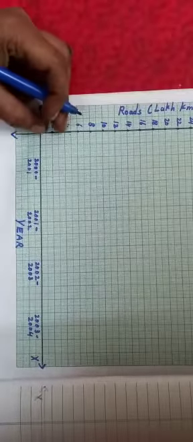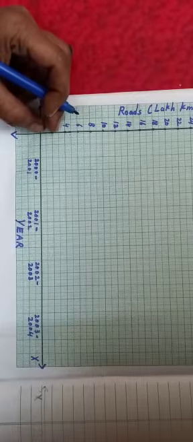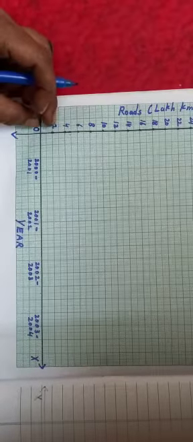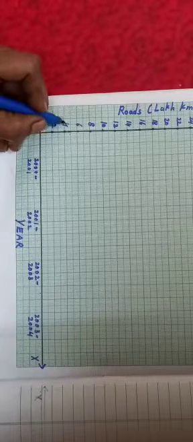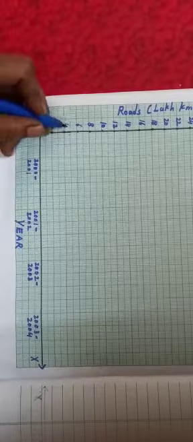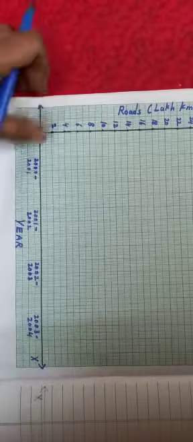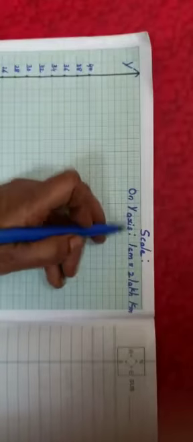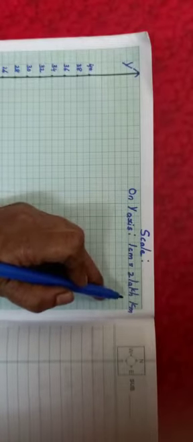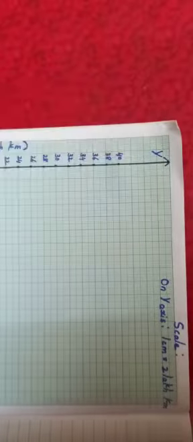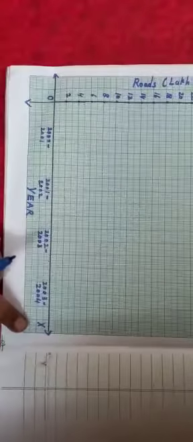And if you see, for the scale, 1 centimeter is equal to, I have taken 2. See, after 2, I have written 4. I have not written 1, 2, 3, 4. After 2, I have taken 4. So 1 centimeter will be equal to 2 lakh kilometer. This is called writing the scale. On the y-axis, 1 centimeter is equal to 2 lakh kilometer. You should also write the name of the axes, y-axis here and x-axis here.